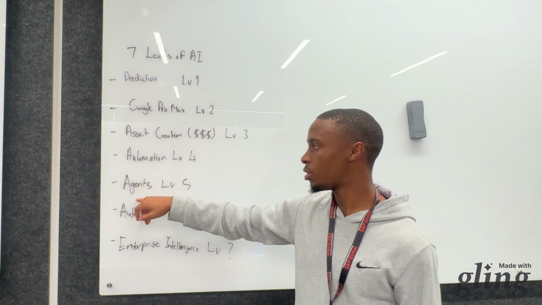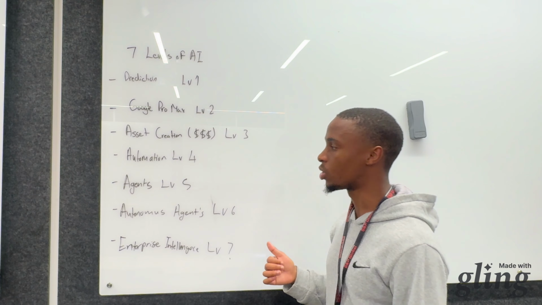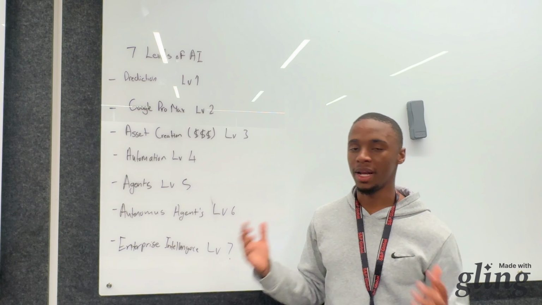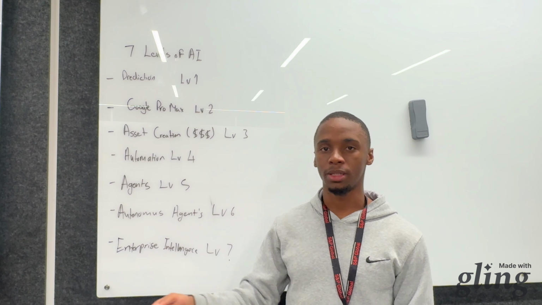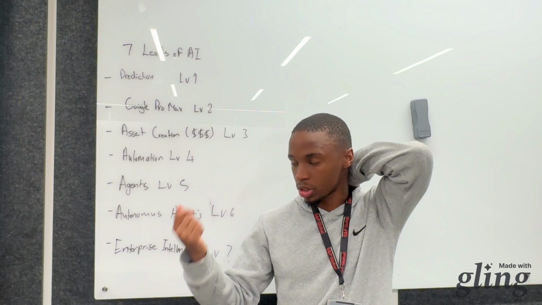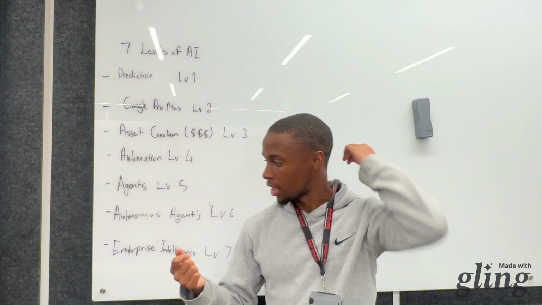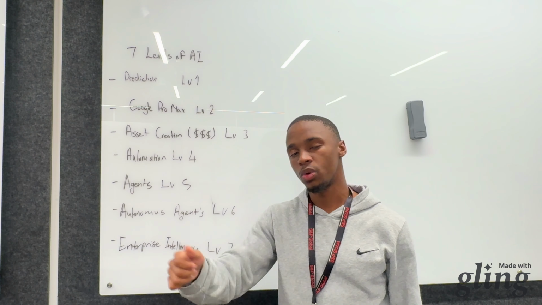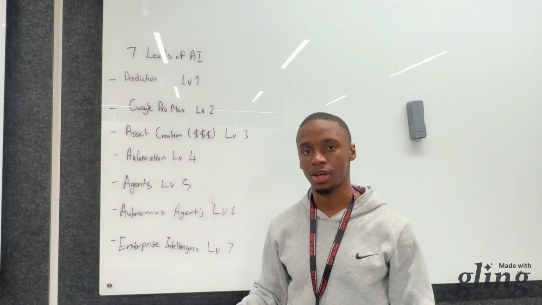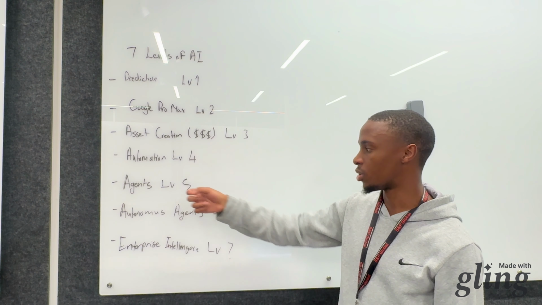An example of an AI agent is OpenClaw. So OpenClaw is basically a place where you can deploy a ChatGPT, a Gemini, any model that you use, so that you can speak to it, give it tasks, and it will return the tasks based on what you asked for. So that's an agent.